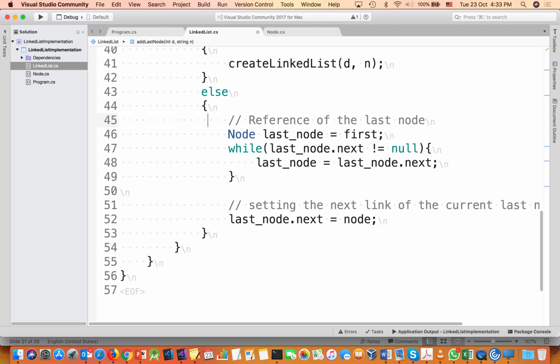Same, we can check if first is double equal to null, then we can simply say that create linked list. We can give d and n to that one. Fine. In the else part,